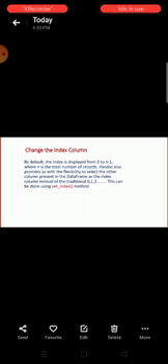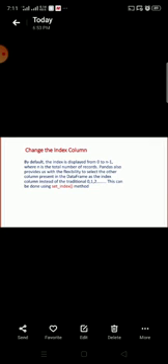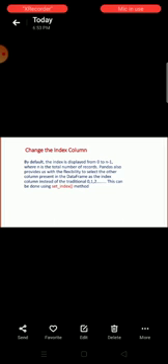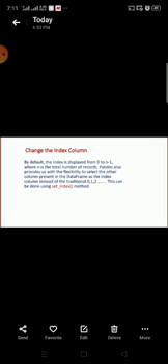Change the index column. Earlier we were changing the row wise, but this time I am calling the column wise. As you know that the data frame is a combination of row and column. In array also I have explained to you.